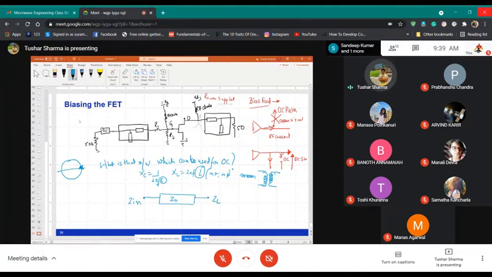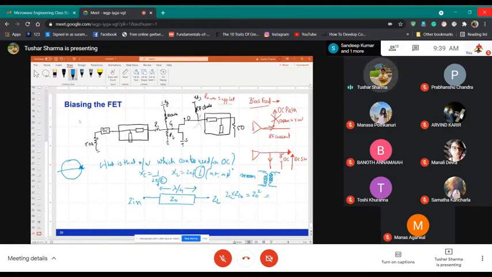So we did read about the transmission line equation, and we read that I can use a lambda by 4 transformer to transform my impedance, right? So basically, if you remember, Z0 squared is equal to Zin times ZL, if I remember this correctly.